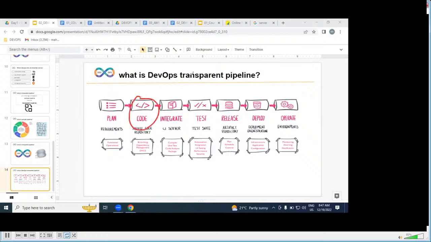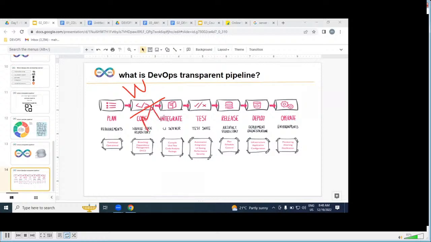In the dev environment, we are not writing any code. Writing is the responsibility of whom? Developers. After writing by the developer, that code is going to be maintained by the DevOps engineer.